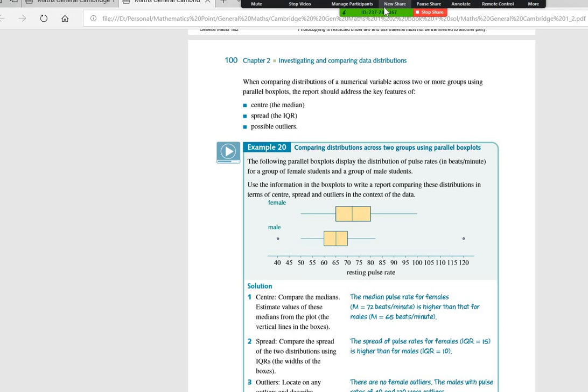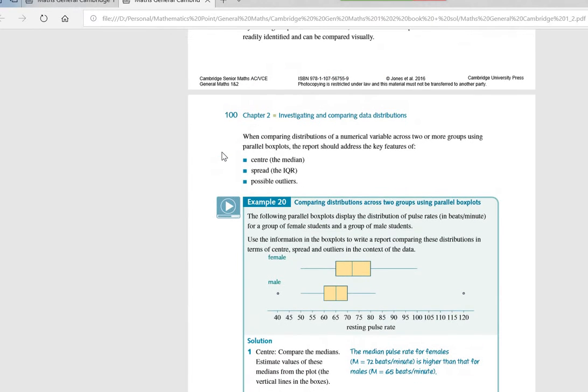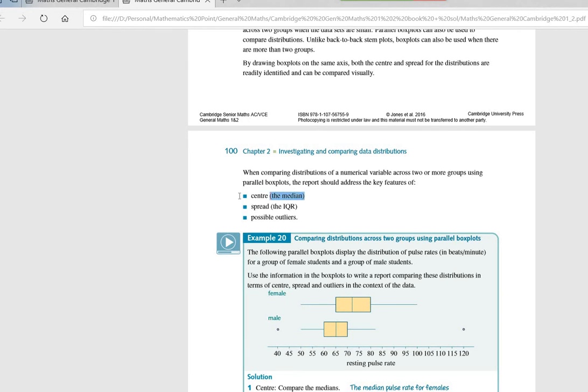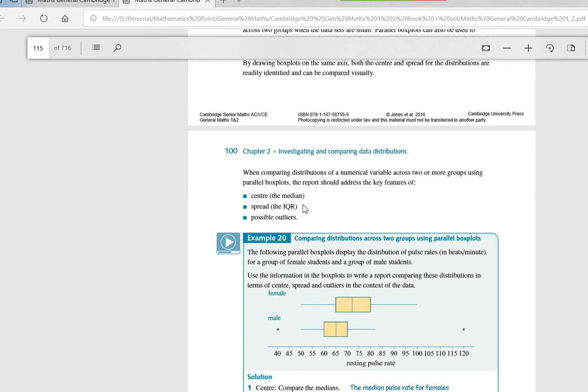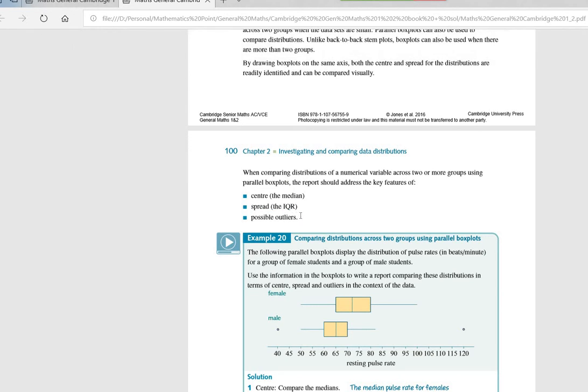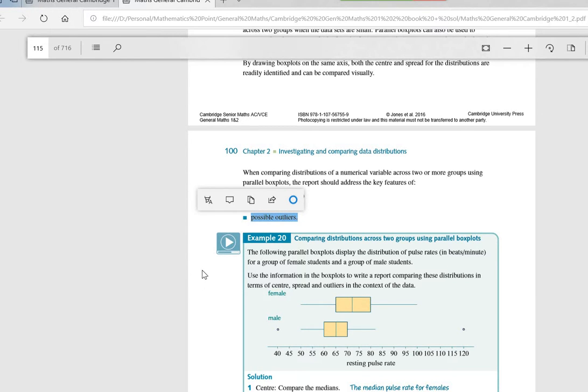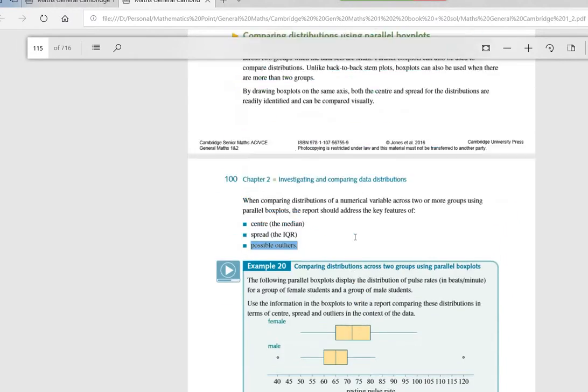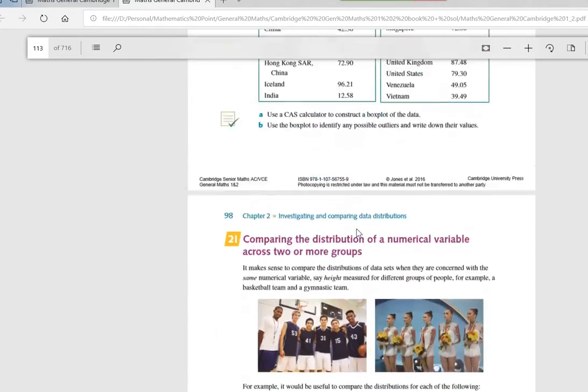All right, box plots. There are a few things that are important in box plots. One is the center, and then the spread, which we call the IQR, and the possible outliers. Okay. Now, if we go up,